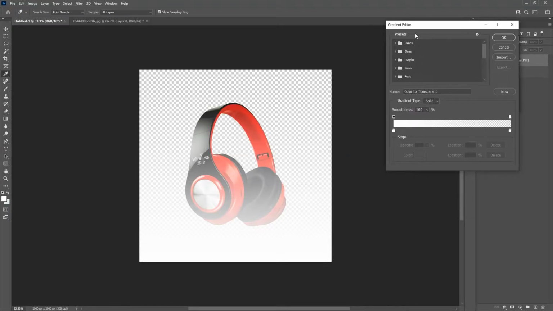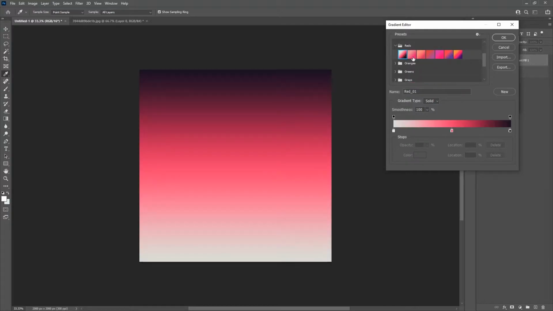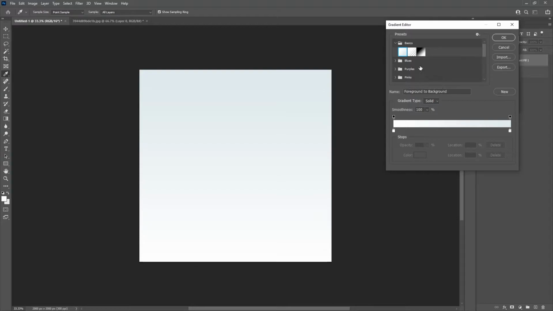Now, if you're using a newer version, you are going to notice that you have a lot of different colors you can choose from. Let's try some of the reds and see what we are getting. You know what, I'm not actually going to meddle around them. I'm just going into the basics where we have the foreground to background, the first preset, and I'll select one I want for myself. You know what, let's click on OK because